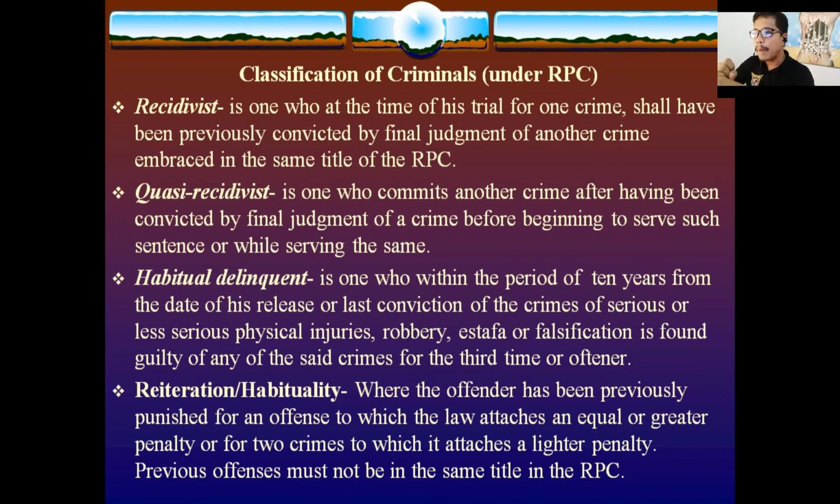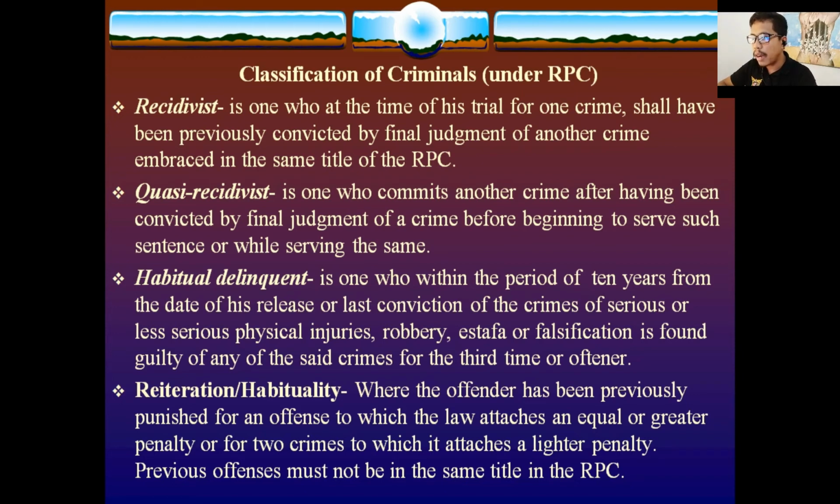One, you have been convicted of the first crime. Second, the second crime you committed should be of the same title of the Revised Penal Code. That's recidivism or recidivist. A criminal can also be considered as a quasi-recidivist if he commits another crime after having